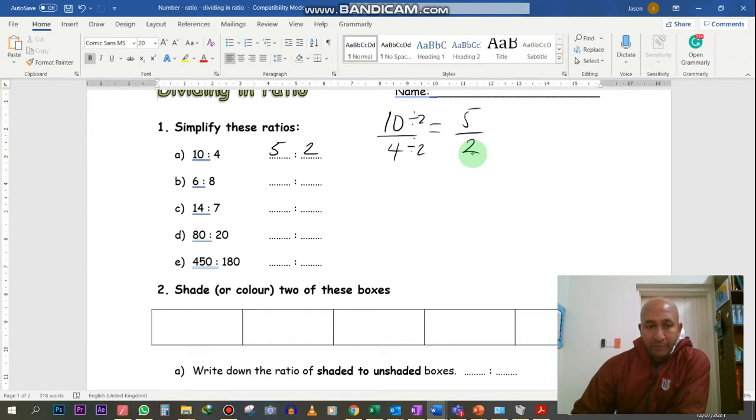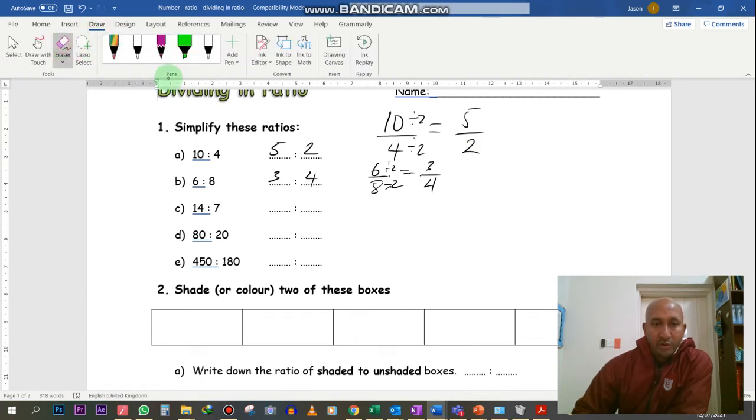That's all. 6, 8, what is the common factor here? Again, it's going to be 2. So if this was 6 over 8, I would divide by 2. And 6 divided by 2 is 3. 8 divided by 2 is 4. So here it would basically be 3, 4. Now remember, with ratio, order matters. So if I had to write it this way around,